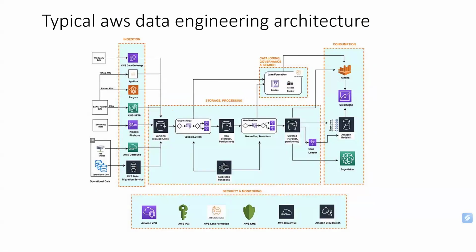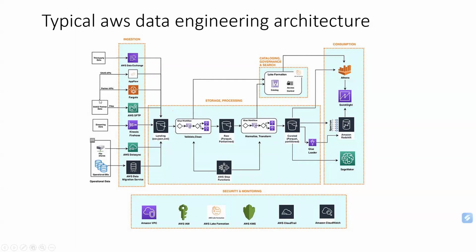Yeah. So this is what a typical data engineering application looks like. I think this is the last slide I'm going to talk about. If you see, there is the ingestion block, the storage and processing block, and the consumption block. Ingestion contains all the AWS resources that are going to interact with the external systems. This is third-party data coming in through Data Exchange, one of the resources available in AWS that connects with this third-party data and gets the data from there.